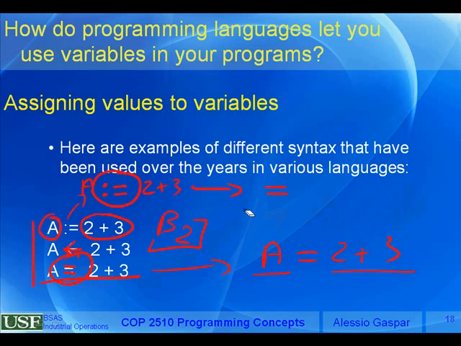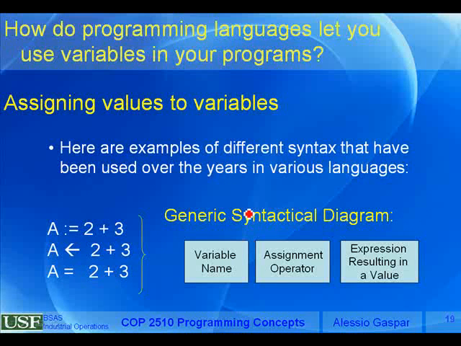Okay? Alright, so we'll have time to go once again over all of those little syntactical details as we progress through this course. I'm just warning you ahead of time about all the little glitches that might cause you some problems understanding the big picture. The general syntactical diagram of an assignment operation is always the name of the variable, followed by an assignment operator, whatever is the convention in your language, okay, just read the documentation,